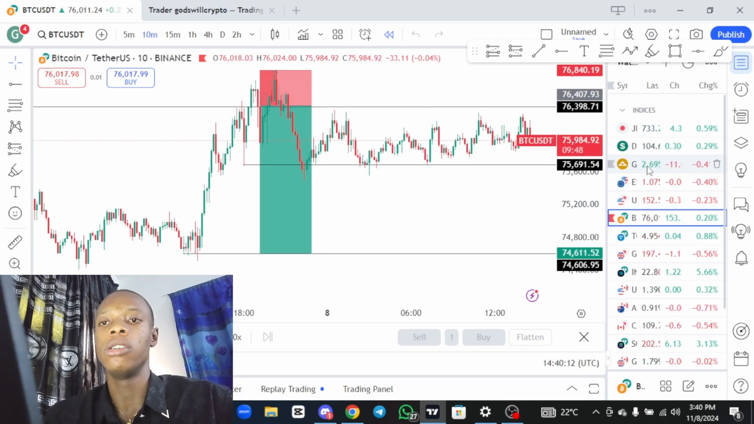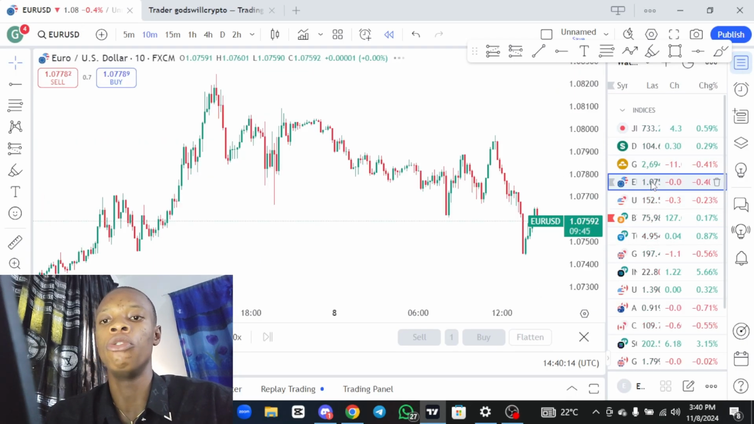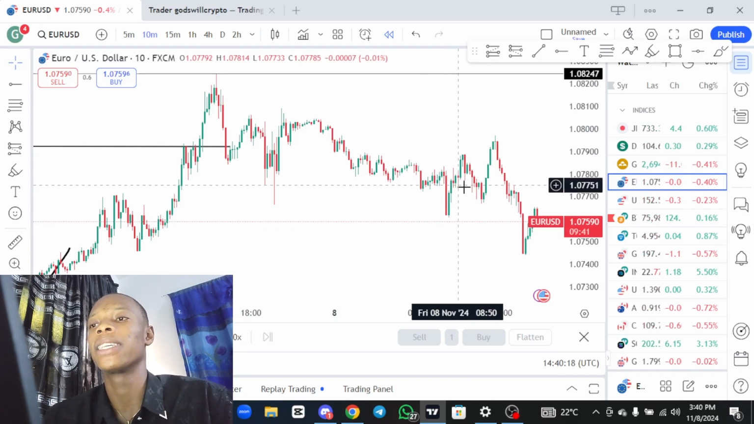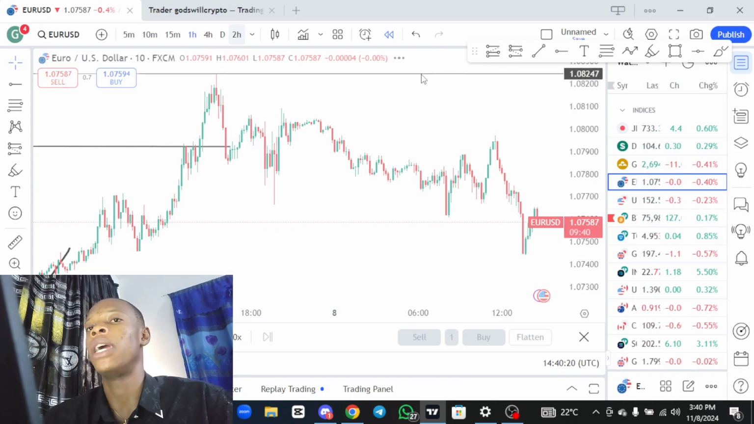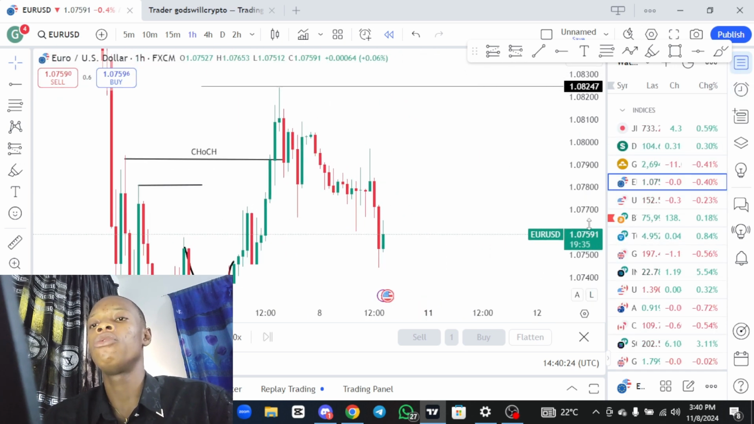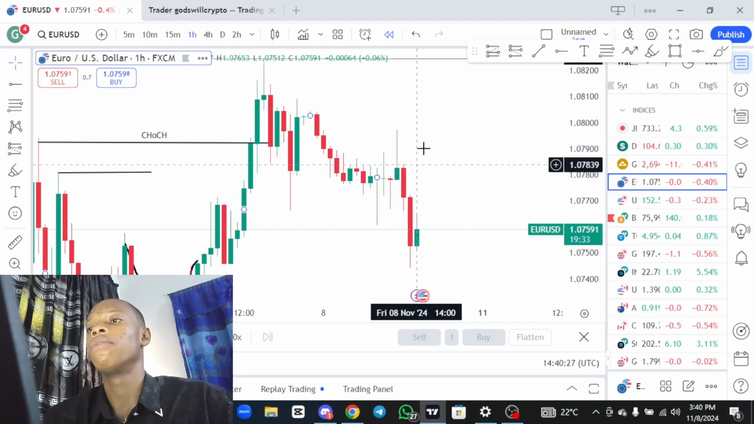Let's go to any other forex pair. Let's go to EUR/USD. This strategy, this liquidity sweep, works on all markets. So I'm currently seeing another liquidity sweep directly on this EUR/USD. Right? Now if you notice on EUR/USD, there's some sort of